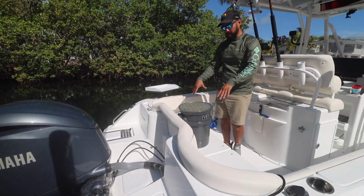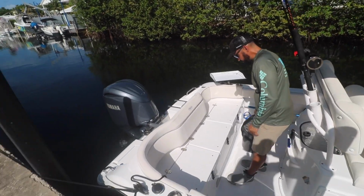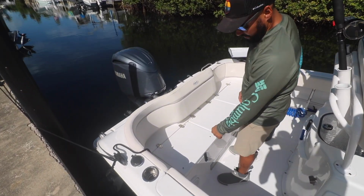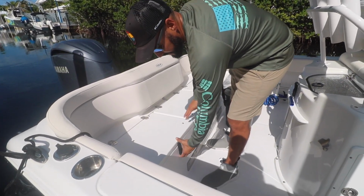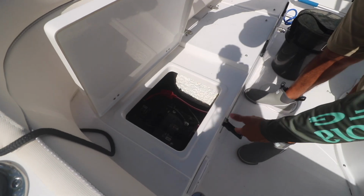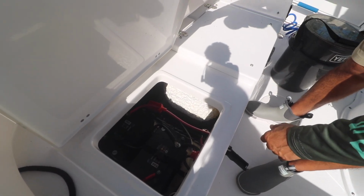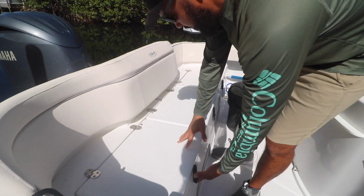All right, so right here on the bench area, always have our little Yeti bucket with us, just in case we need to put bait and stuff in there. So you got 3 hatches in the back. This one's basically just to get to your battery switches. Get to your batteries, check your gear, make sure there's no trips in the breaker. Look at your wiring. It's pretty much an access hatch for that. And then in the center,